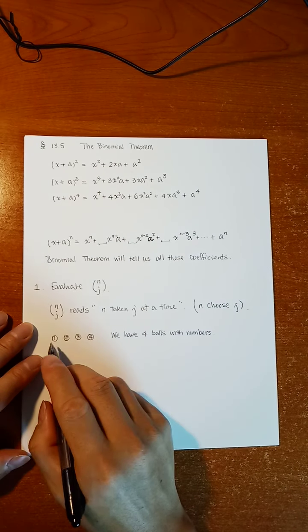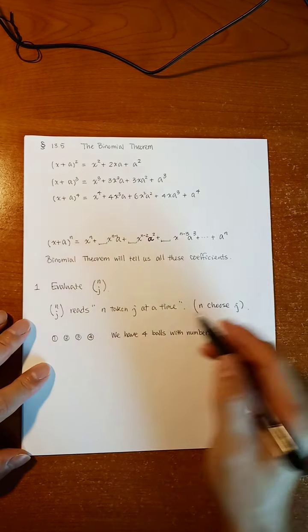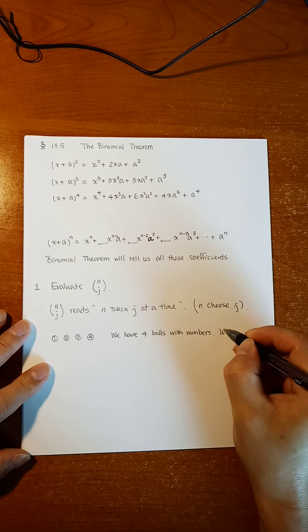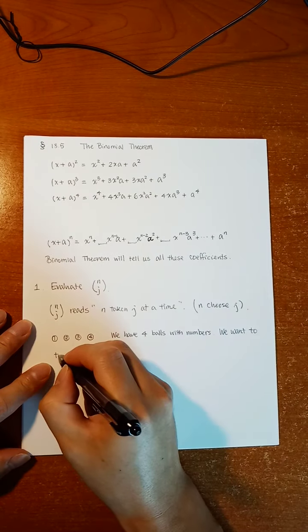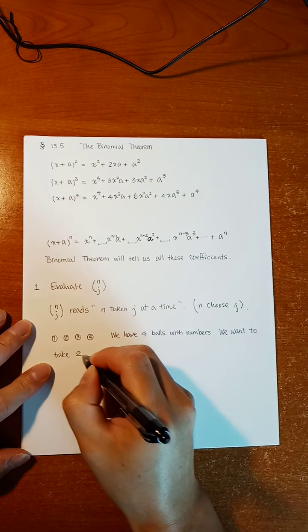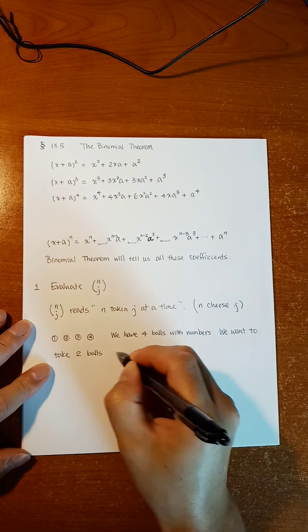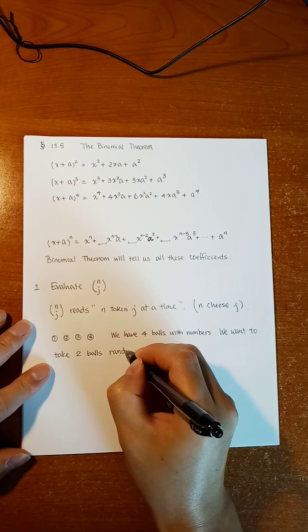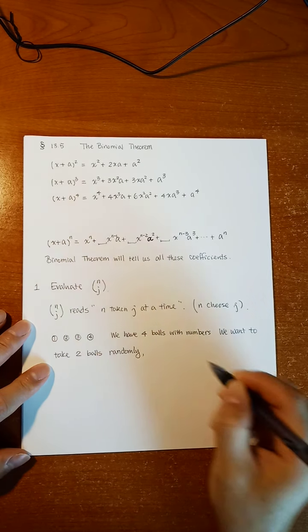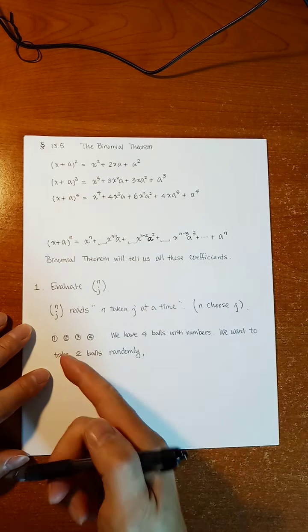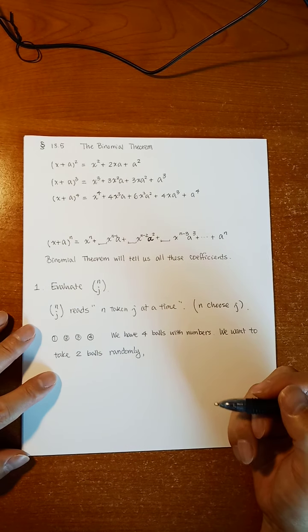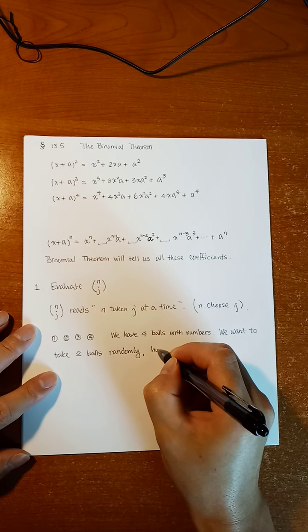Okay, the first ball has number 1, the second ball has number 2. And we want to take, now let's just say 2 balls randomly. For example, I can take ball number 1 and number 2, or maybe I take ball number 1 and number 3. So the question is,